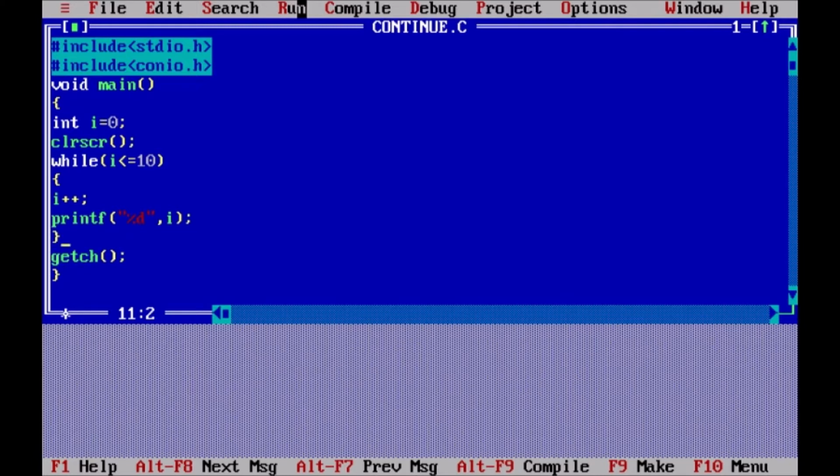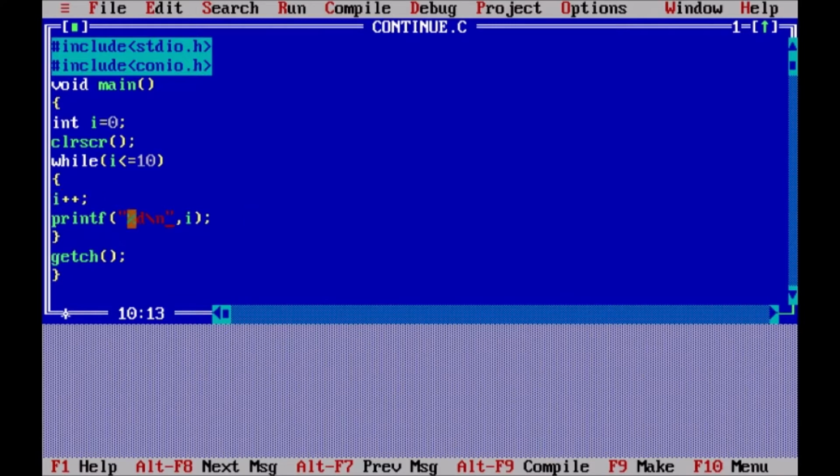So let us understand the working of this loop once again. Since the value of I is 0 here, 0 is less than 10. Therefore, the condition here is true. So initially the value is incremented. From 0 the value of I becomes 1 and 1 is printed on the screen. Now let us include \n here so that each value will be displayed on a separate line on the screen.